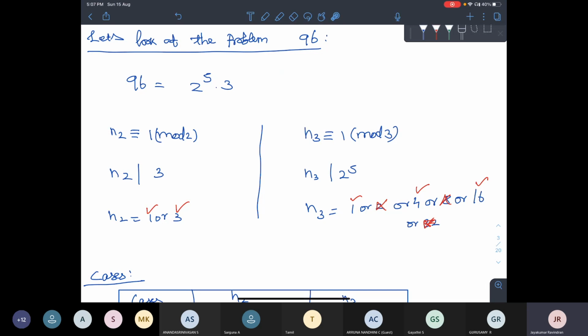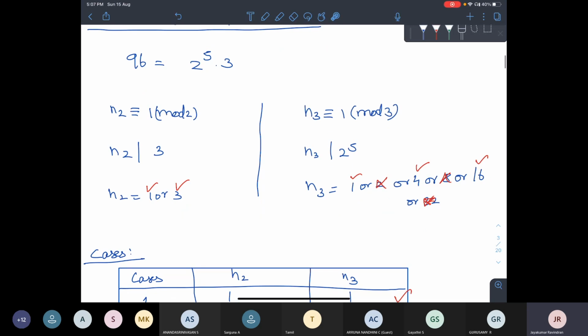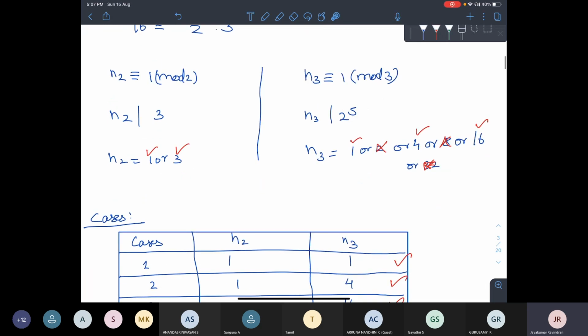So same thing, what you do, first you calculate by third Sylow's theorem, n2 congruent to 1 mod 2, and n2 divides whatever the remaining is, 3, so 1 or 3. And you see both are satisfied by the equation, so we don't have any cut. And you see here 2 power 5, like 1 or 2 or 4 or 8 or 16, it could be 32 also. But this condition, 3 divisible by n3 minus 1, cuts down many things. 2 is not possible, 8 is not possible, 32 is not possible.